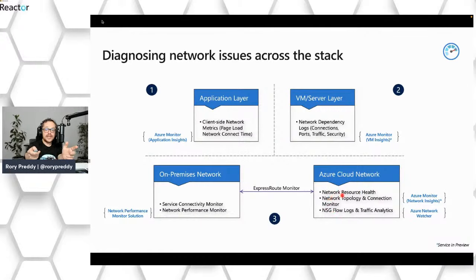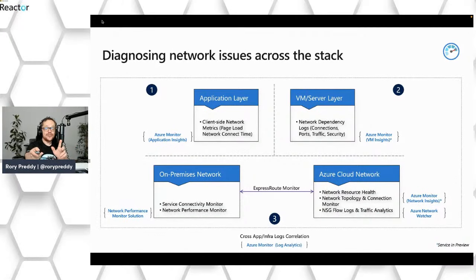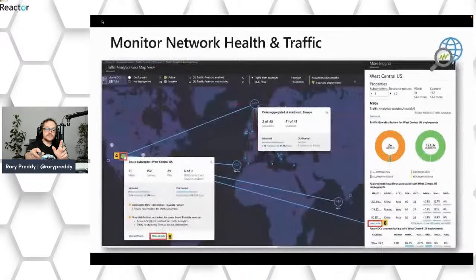And you can use the network resource health, the topology and connection monitor, the flow logs and traffic analysis with network insights and network monitor. And this is how it looks. This is the dashboard that you get, and you can see how incredible the insight is that you get